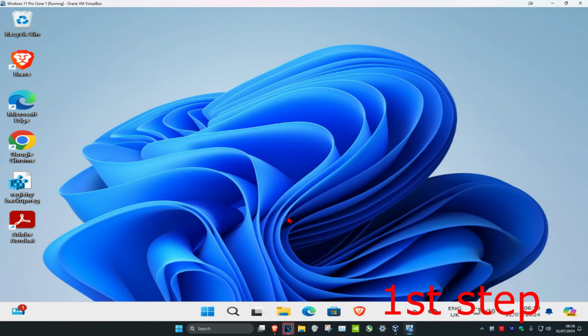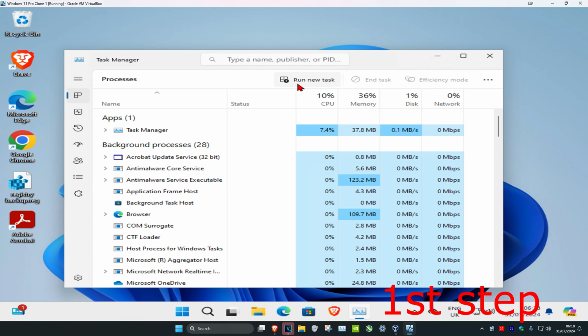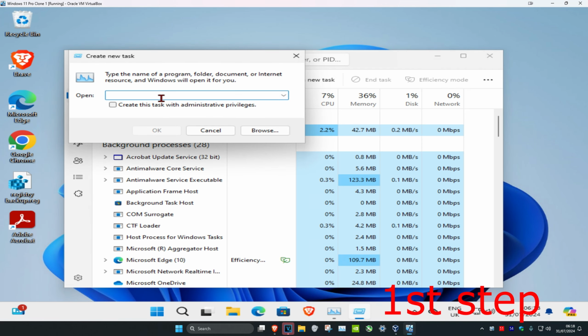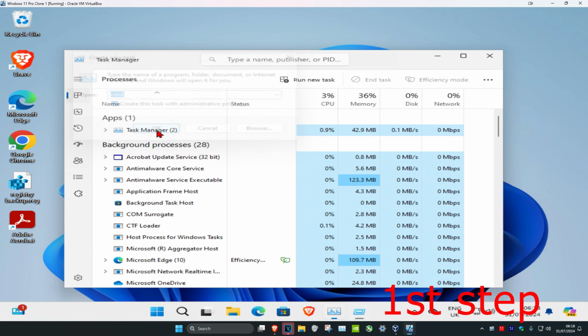So guys, for the first step, you want to right click on your taskbar and then click on Task Manager. Now once you're on this, you want to click on Run New Task. And now in this box right here, you want to type in CMD. Then you want to tick Create this task with administrative privileges and then click on OK, which will then open